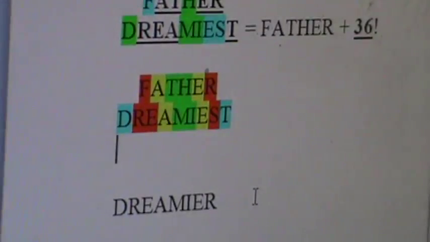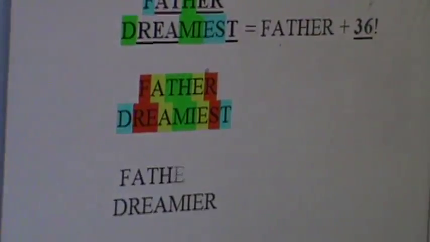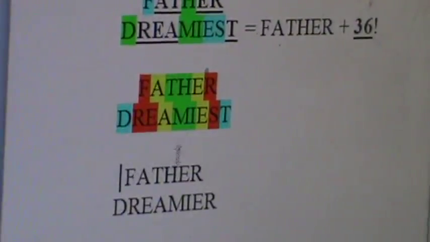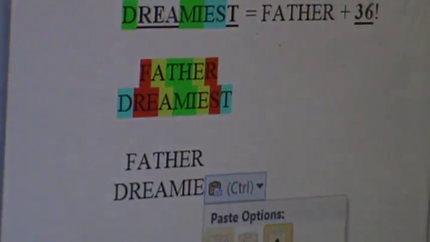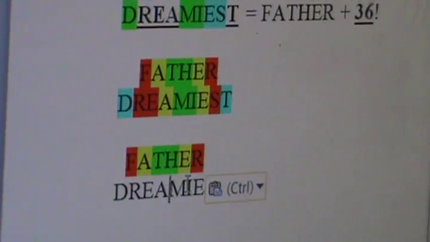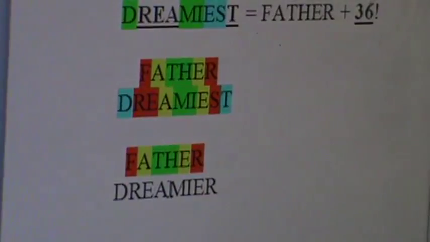And now your backup confirmation is, the Father and dreamier. Father is dreamier than all, you can say. And you're just basically doing the same thing, pointing out more of the obvious. Just copy what you did up here and what you did down there, and then just change a couple of the last few letters, because R divides by 3 just like the ST. Just get that out of the way. And enough said. Okay, good stuff. That was amazing, just got that one out of nowhere. Okay, so Father and dreamier and dreamiest.